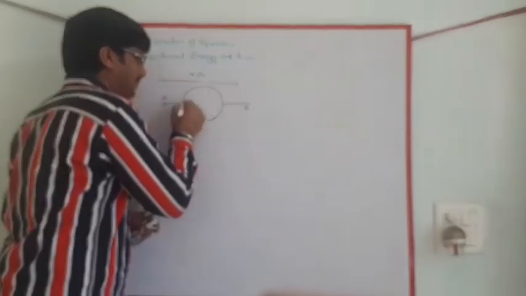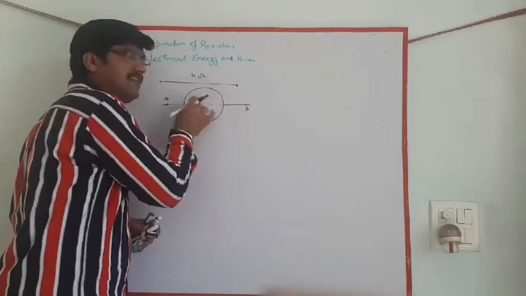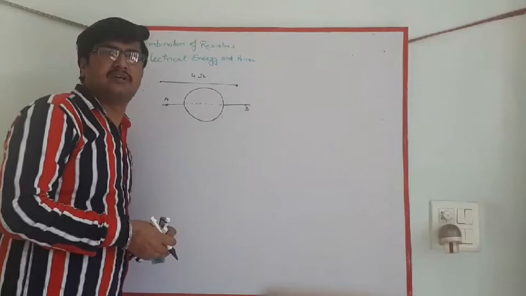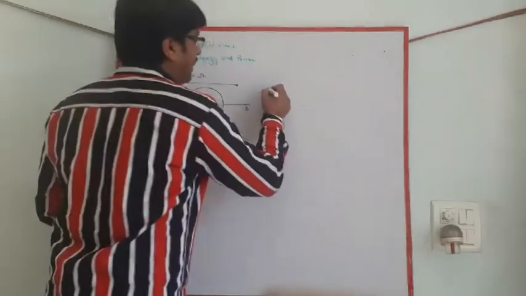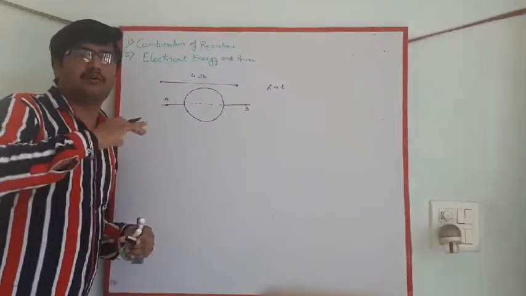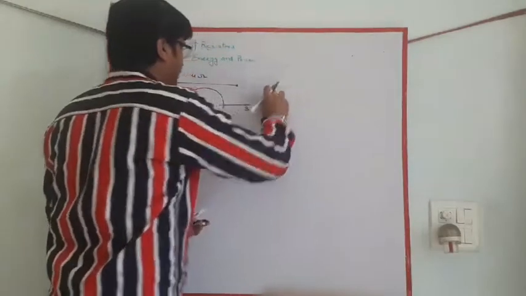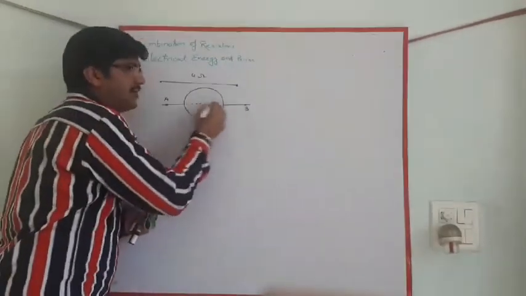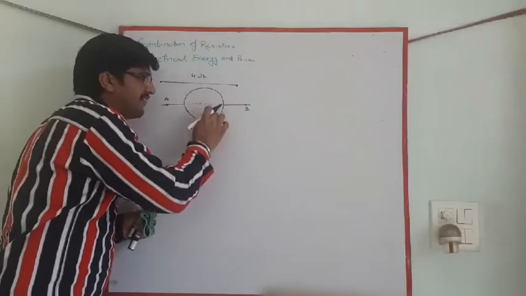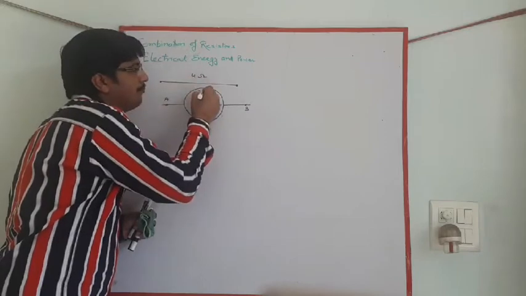डायमीटर के opposite ends जो बन रहे हैं, उनके across resistance find करो, equivalent resistance. तो dear friends, we know that R is directly proportional to L. अगर L को आधा कर दें तो R भी आधा हो जाएगा. So what we have seen here, diameter के opposite half में अगर divide करें तो half length is upside and half length is downside. So the resistance of the upper part is 2 ohm.